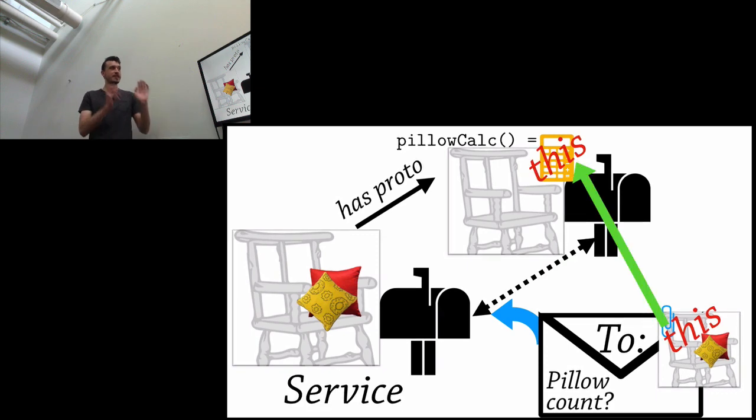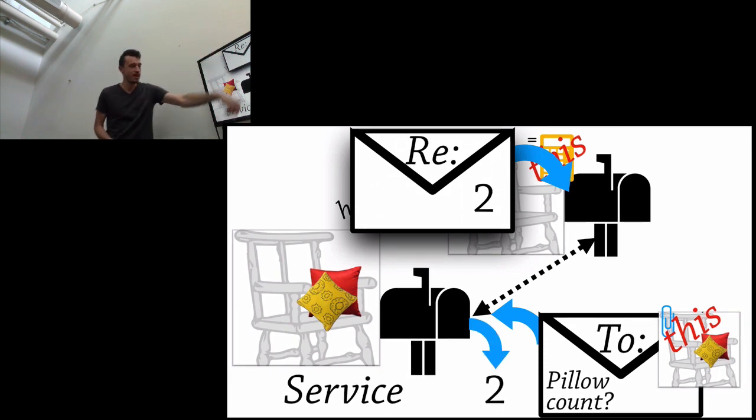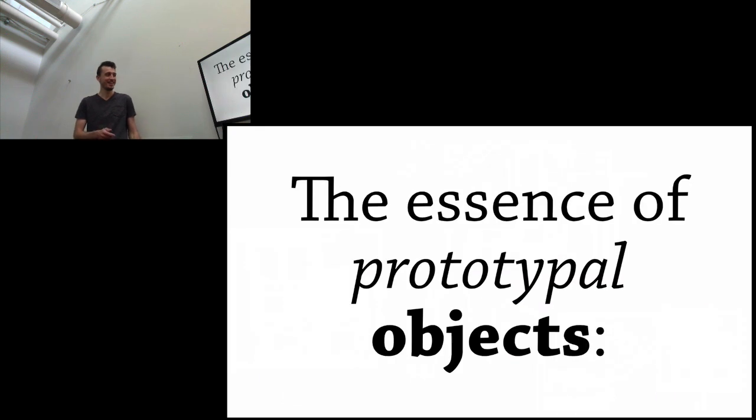Okay, so let's say we've calculated the number of pillows. We should get back 2 because we are pretending like we are this chair. So just like before, we package up that answer, send it back on its way, and we get 2. I think that's as complicated as it gets. All right, so